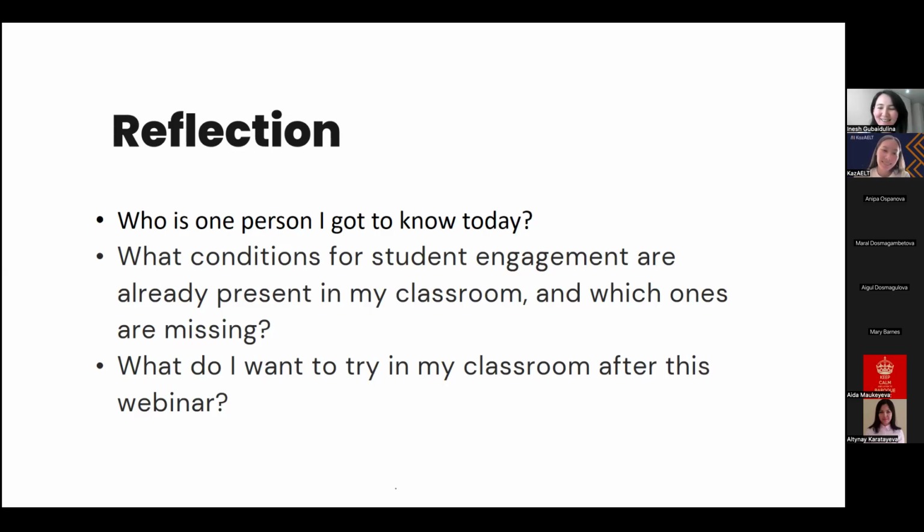For example, I know this technique, but I really forgot about it. And when we were doing this activity, I was thinking, why don't I use this technique in my classroom, for example, with the sixth grade students? For them it would be really interesting and engaging because sometimes they are so active after, for example, PE lessons. They usually come to my English class after PE. And to make them more organized and even concentrate, this technique would be exactly the one. So thank you very much for that.